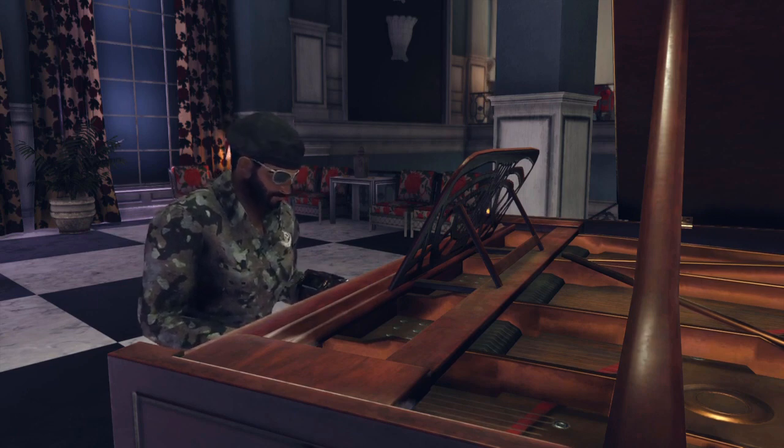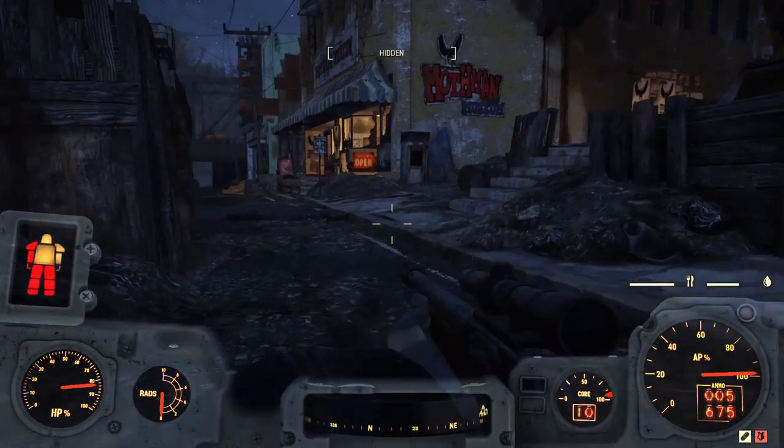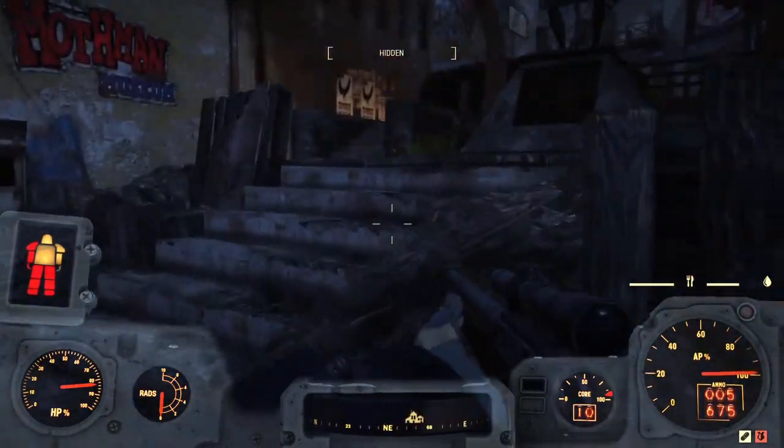Now, there are three methods that I'm going to be doing today, and that is the Mothman Egg method, the Super Mutant method, and then a cap stash run to go and get as many caps as you possibly can, and some of these are actually quite interesting. So we're going to jump into the first one, which is the Mothman Egg